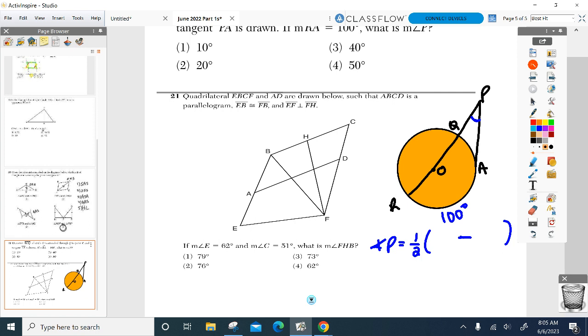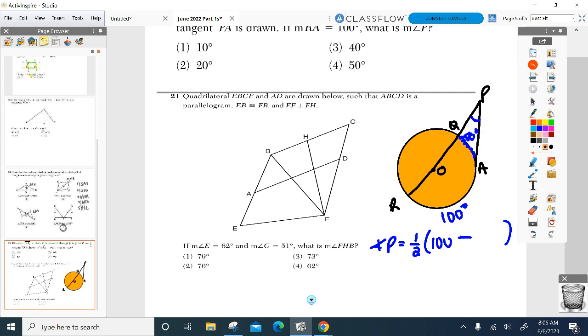These are just the circle facts we got to remember. So we do 1/2 the two arcs in between. What's the bigger arc in between? That's going to be 100. But the problem is I don't know the smaller one there, QA, but can you find it? Hopefully you can. What did I draw in first? What was ROQ? So cut it into two semicircles. Semicircle measures 180. That's already 100. That's got to be